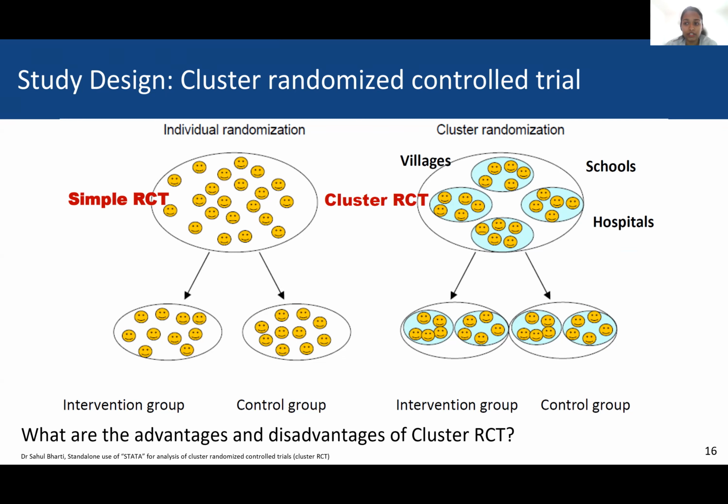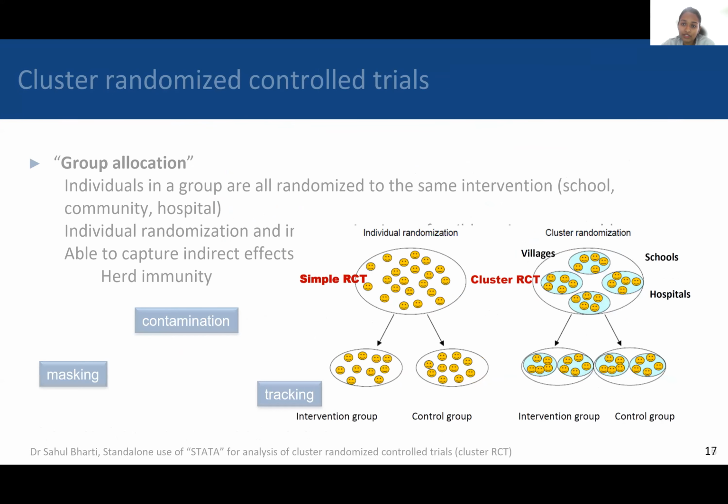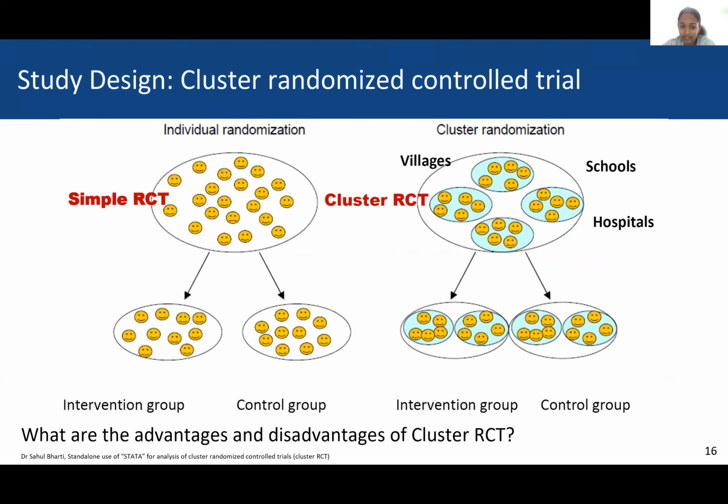This is particularly important in the case of infectious disease, where you want to check the direct effect of an intervention and also the indirect effect, that is, the herd immunity effect of the intervention. The disadvantages might be that the power and precision of a cluster randomized trial are in itself lower as compared to an individually randomized trial. If there is correlation in responses within a group, then the trial might lose some of its efficiency. And there could be other issues of selection bias, imbalance between the study arms, and also the generalizability of the findings of this study to other groups.